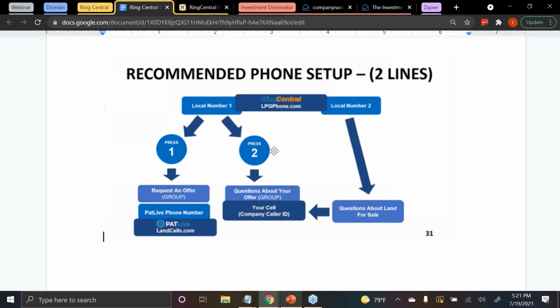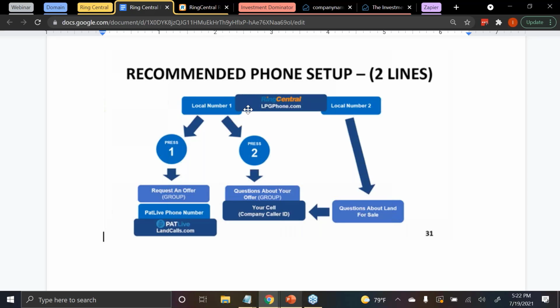You don't want this to be directed to extension 1, which is Pat Live, because they're processing new offer requests. They don't know details about your offer at all. So this number is going to be directed to you